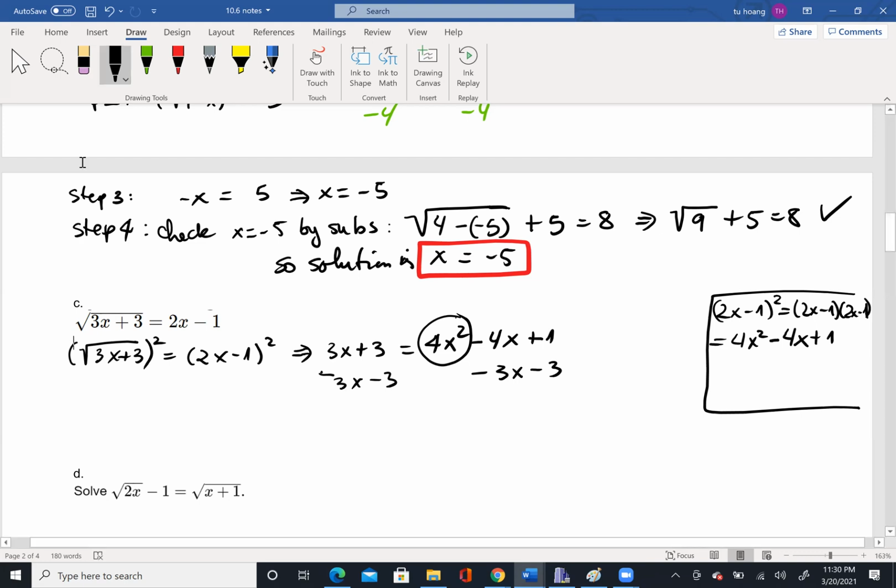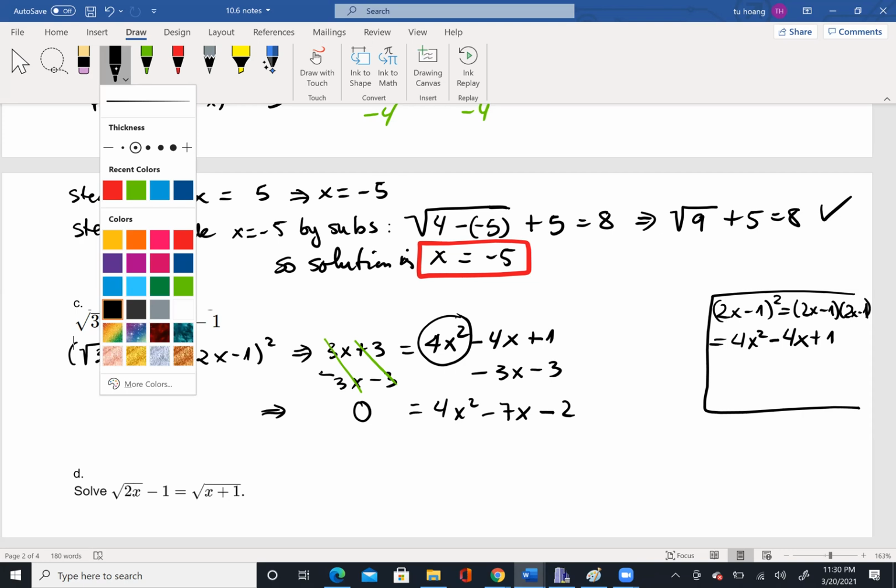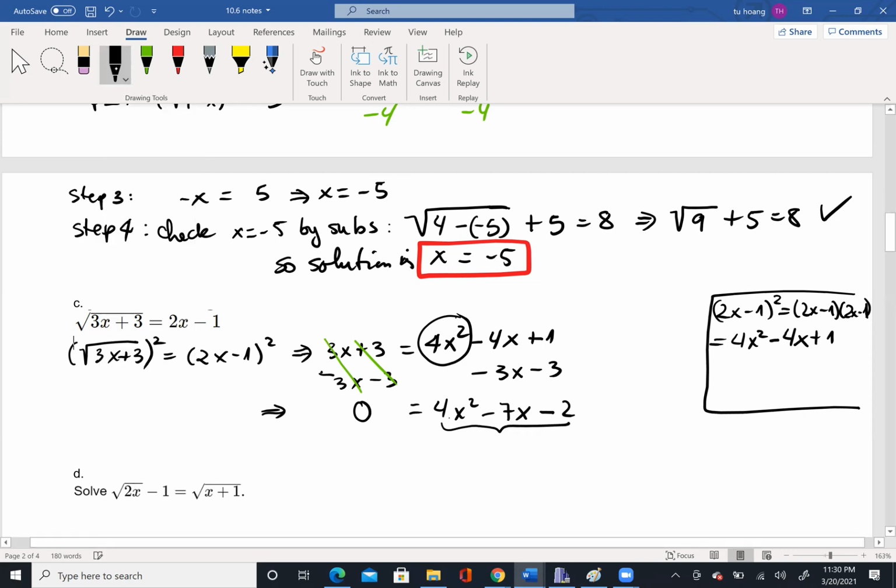Right? So now you are going to have a new equation, so this is gone. So I have 0, and the right hand side is going to be equal to 4x squared, and then minus 4x minus 3x is going to be minus 7x, and then plus 1 minus 3 is going to be minus 2. Okay, so for this one, I know this is a